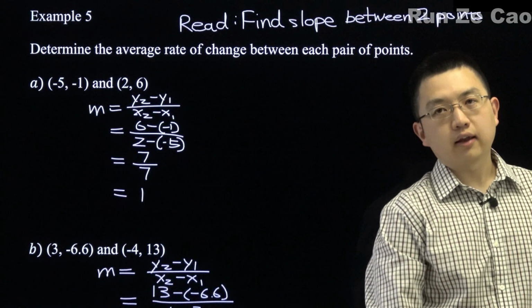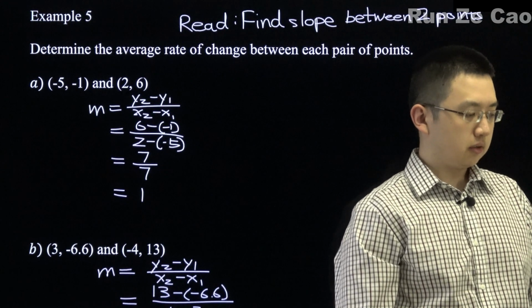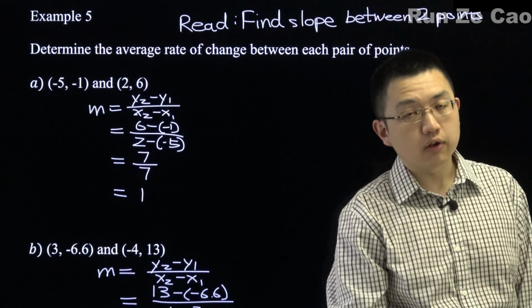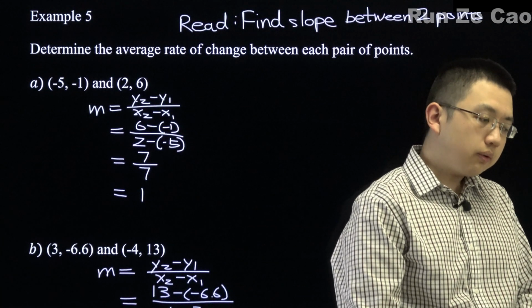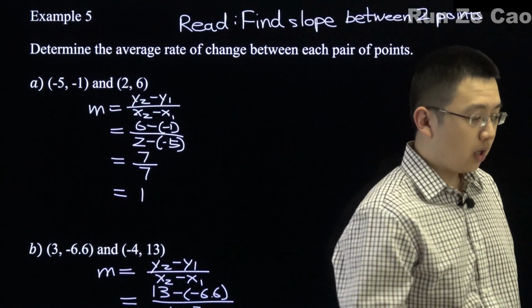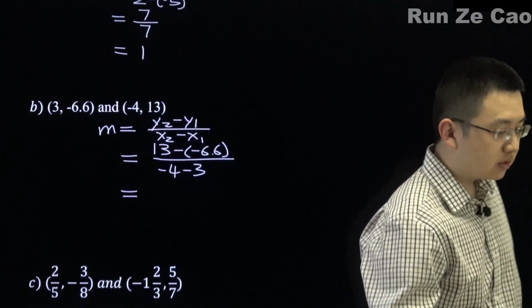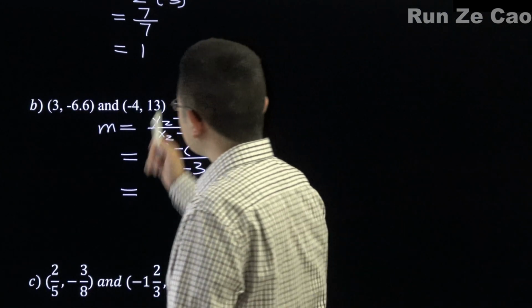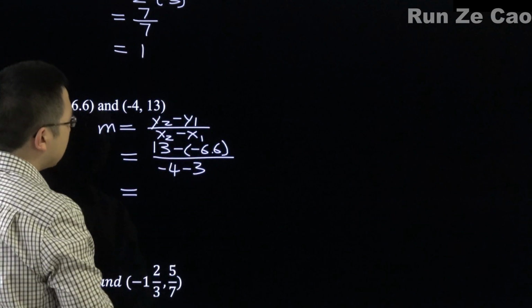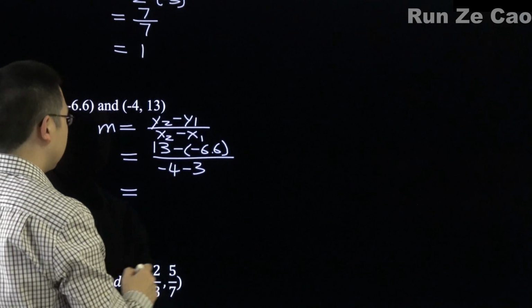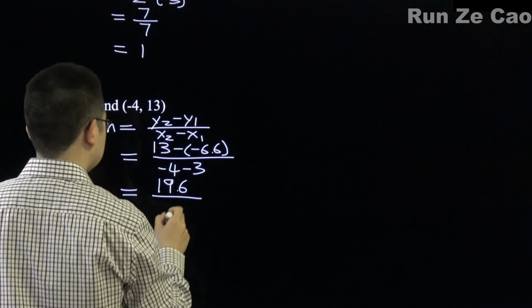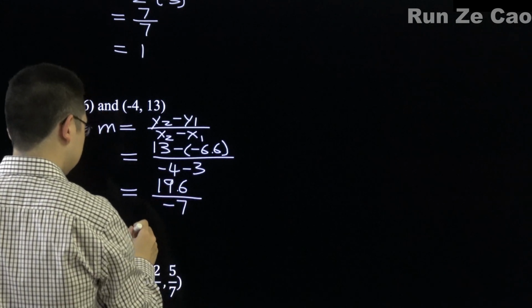So, wait a second. There's a little bit of a problem here. All we're doing is, oh, we found the slopes between these pairs of points. What do we have to state? Well, depending on circumstances, we may have to state this. We may have to state that the average rate of change is the slope. So, 13 minus negative 6.6 gives us 19.6, and this is over negative 7,